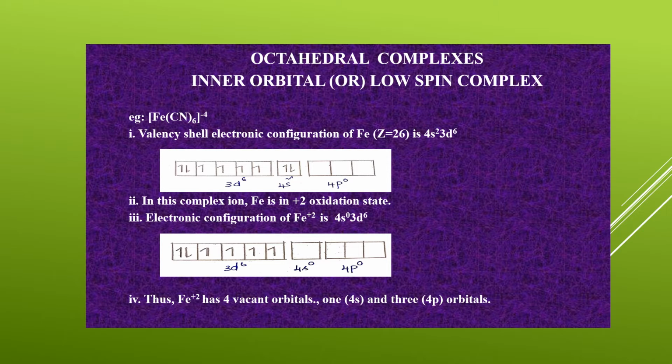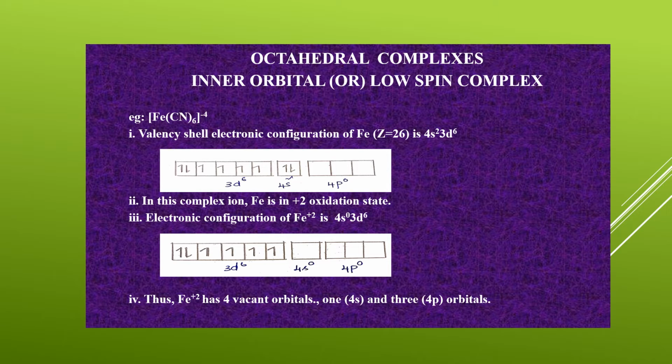In the previous class, we learned about octahedral complexes, or complexes of coordination number 6, which can be classified into two types. The first type is inner orbital or low spin complex. Under these inner orbital complexes, we learned one example, that is [Cr(NH3)6]3+. We have also learned the electronic configuration and the magnetic property. Hope you have learned and followed that complex.